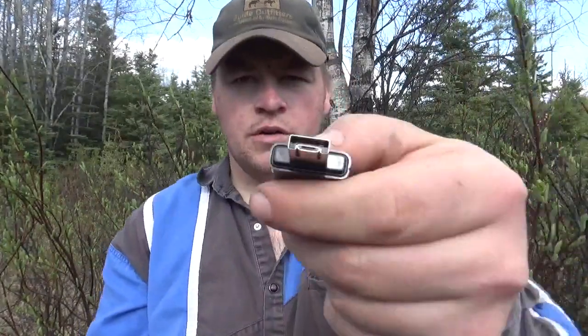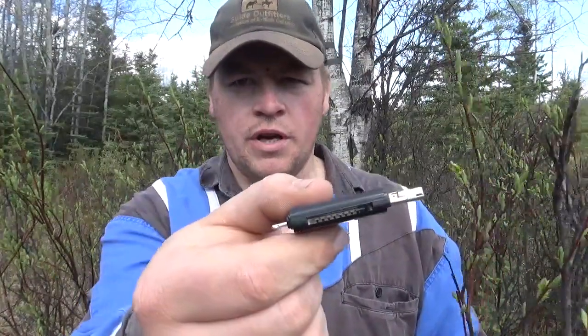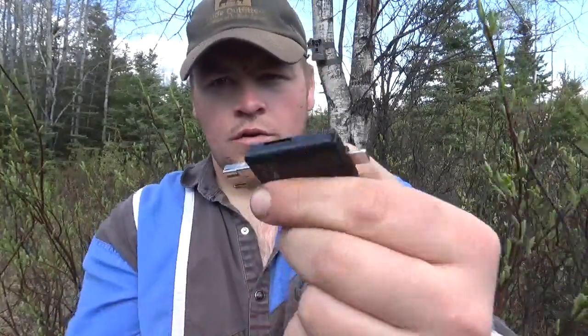Now this one here, this is a USB. Pull off that end, that's for an iPhone. And then it came with 2 different attachments. You can put in a regular SD card. On this side it's a micro SD card, and really maybe it was 120 for this thing, but still,